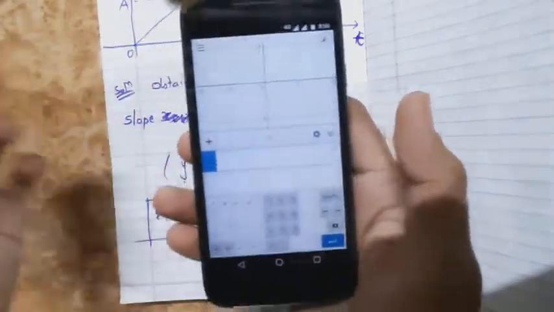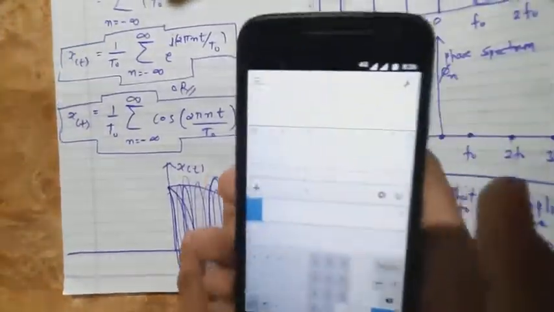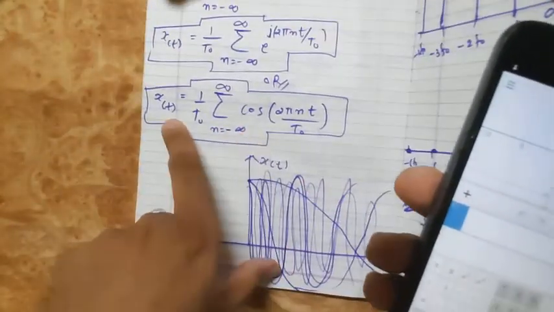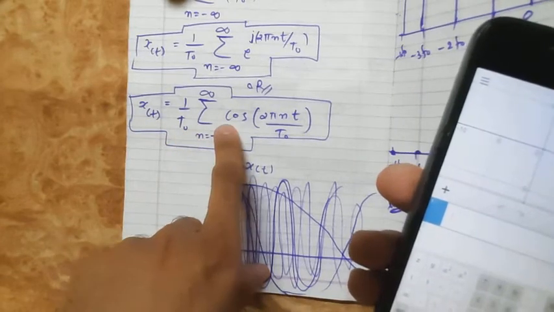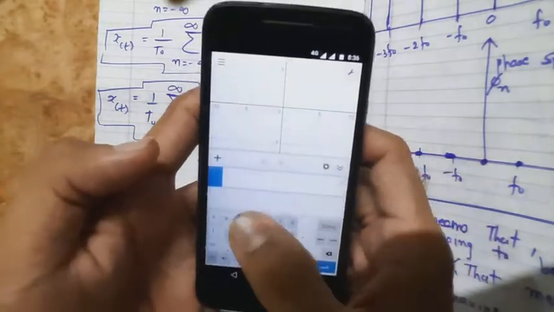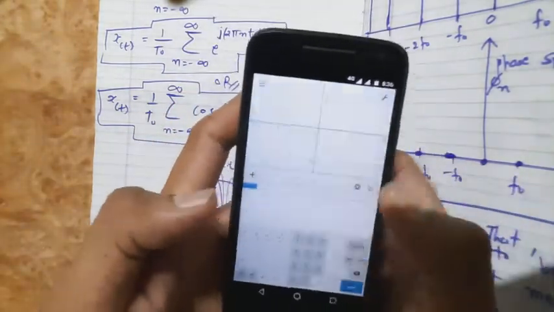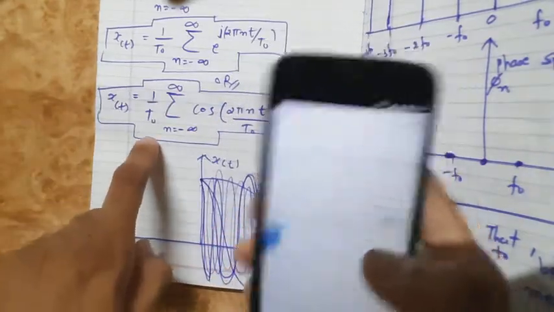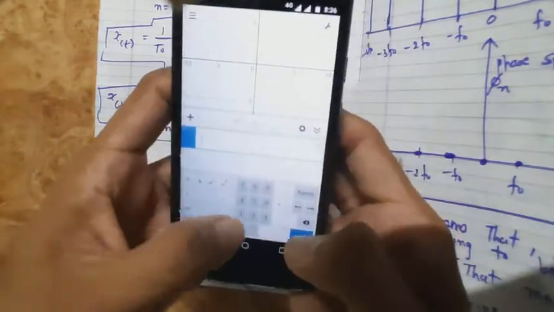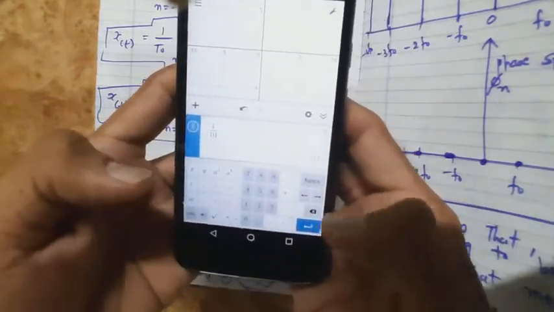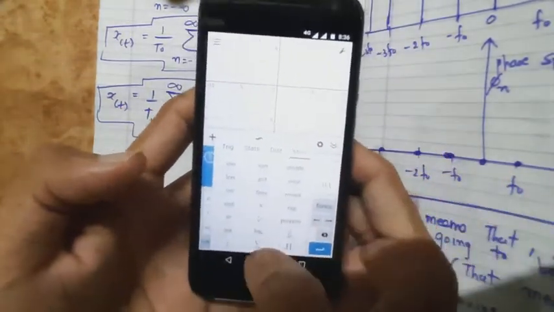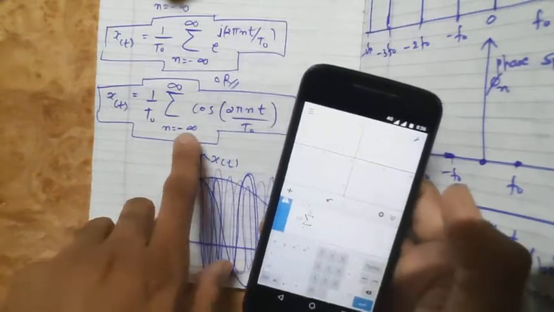Okay, so we're going to plot our equation in the Desmos app. We will have this kind of expression: x of t equals 1 upon t and cos 2 pi nt. So x of t means y equals, I'm not going to write down that equals. Let's take 1 upon t0, so t0 as 10. So I am going to plot 1 by 10 into sigma, which is a miscellaneous function, sigma, going from, let's say,